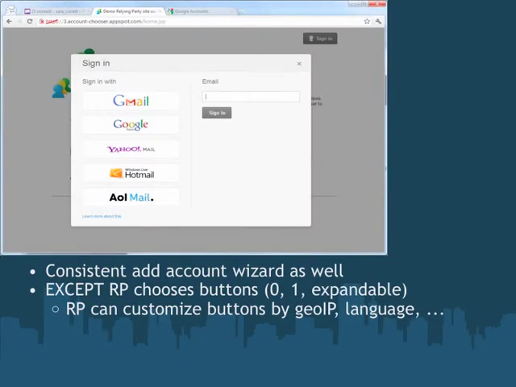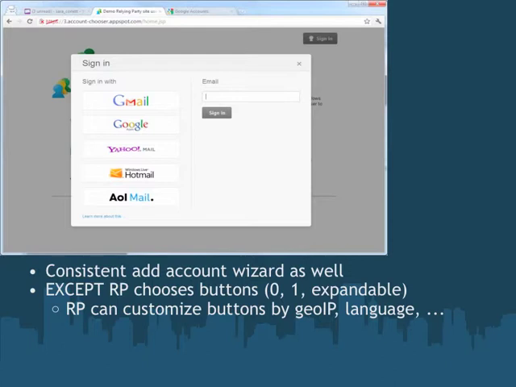Also, there was this page where a user could pick their identifier, add a new account. You notice this was also designed to be visually consistent across the two different sites or any other sites. Though we also said that one of our goals is to eliminate the user ever seeing this page by having a central account chooser. But let's still assume there is a situation where a user does need to add their account.